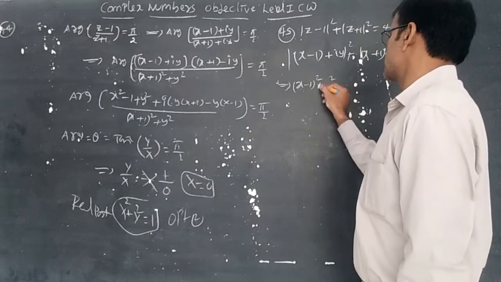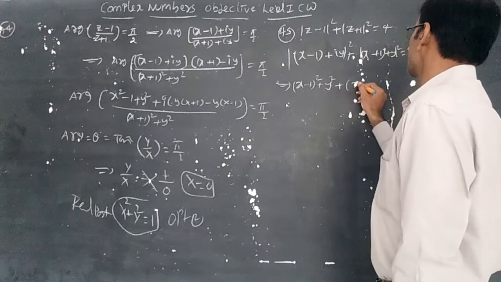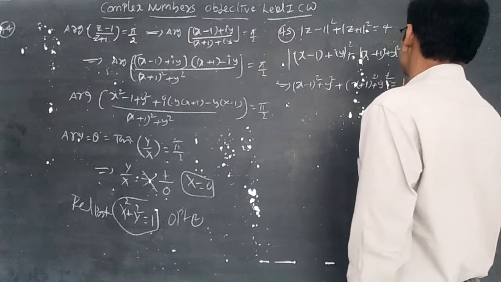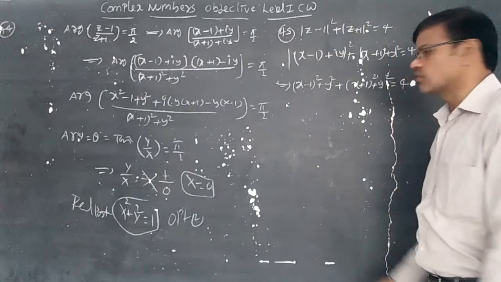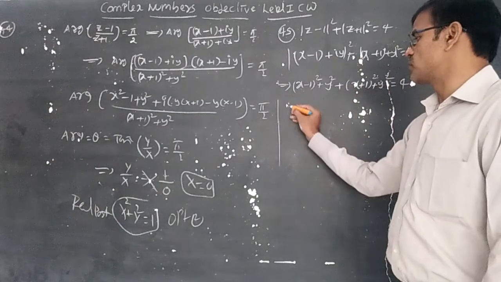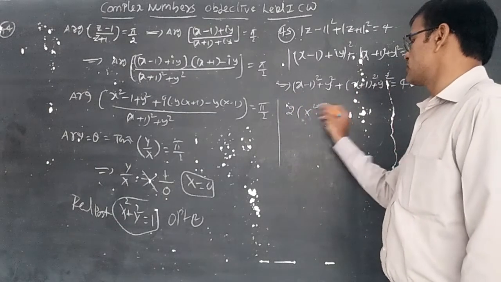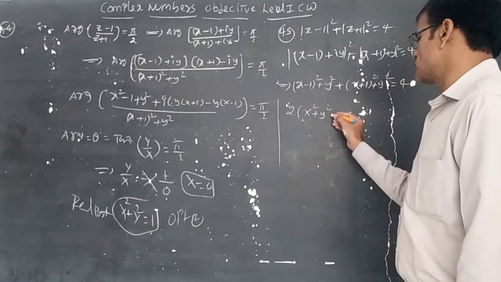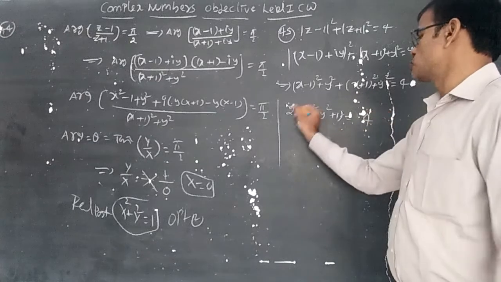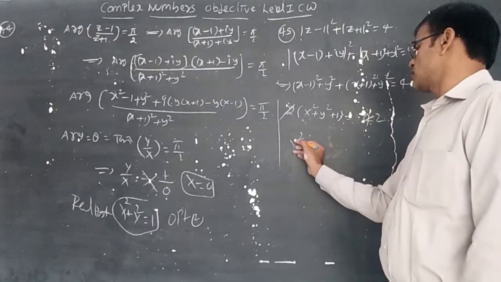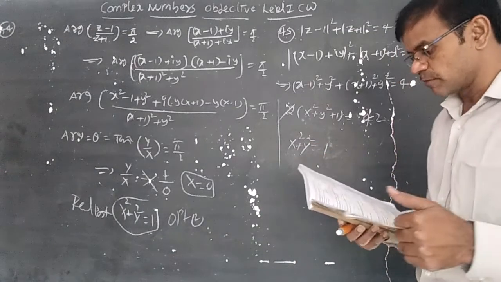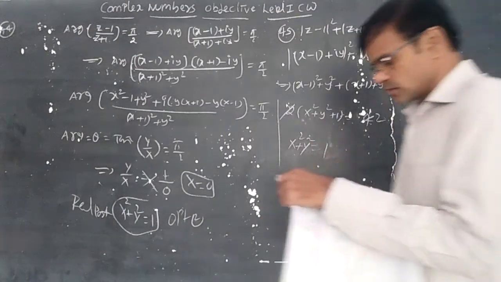So directly you can write here x minus 1 whole square plus y square plus x plus 1 whole square plus y square equal to, sorry, not 0, it is 4. Try to understand the formula: a plus b whole square plus a minus b whole square becomes 2 into a square plus b square. So you can write here 2 into x square plus y square plus 1 is equal to 4. This 2 will be divided 2 times. So the locus is nothing but a circle, unit circle x square plus y square is equal to 1, having center 0, 0. Second option.